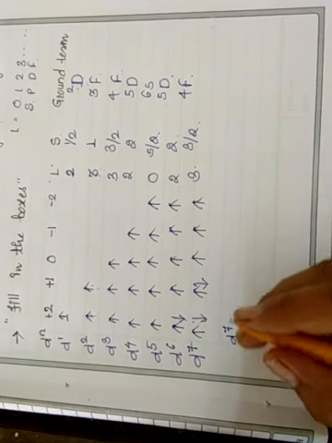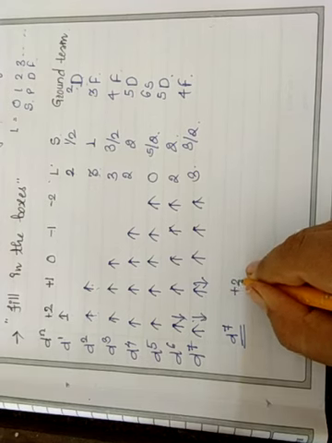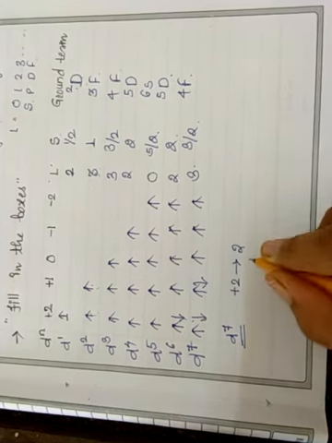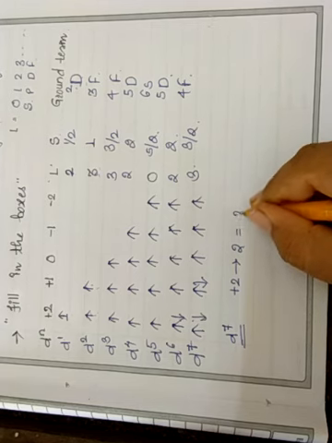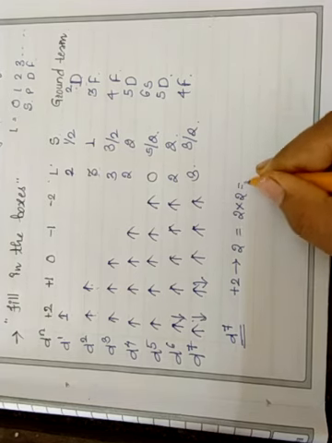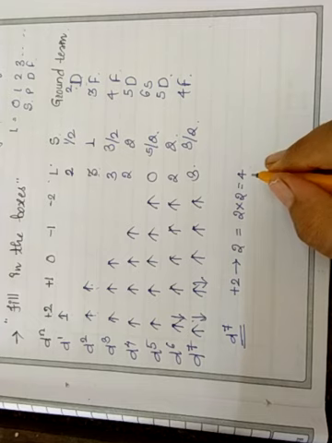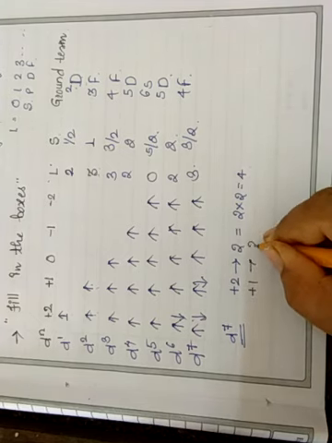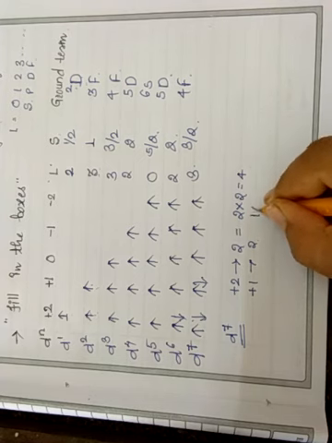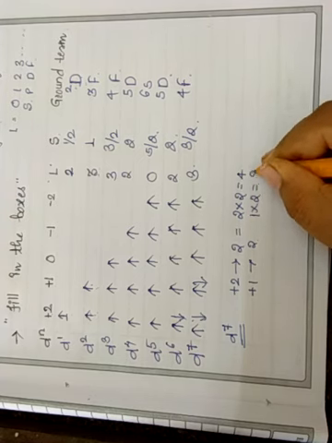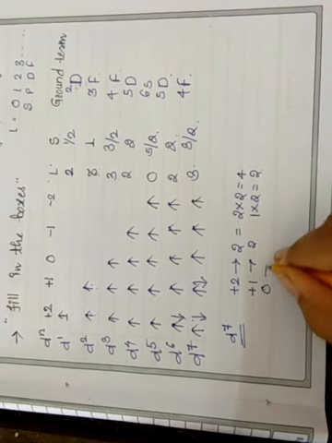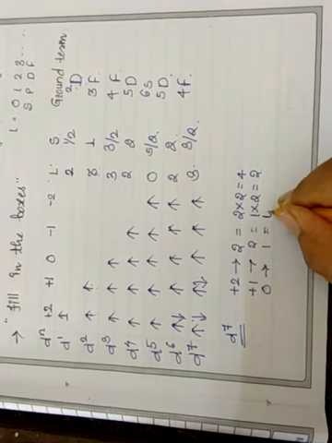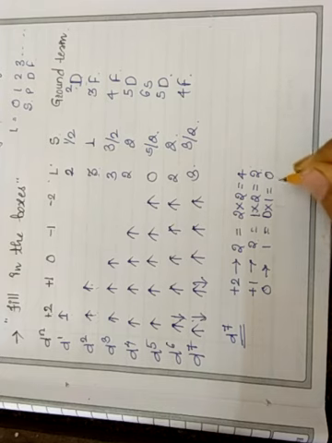See, for D7, in the plus 2 box, how many electrons are there? Yes, 2 electrons. So ML for that box is how much? Here 2 into 2, how much? 4, isn't it? Next, in plus 1, how many electrons are there? 2. So again 1 into 2, how much? Again 2. Again in the 0 box, how many electrons? 1. So again 0 into 1 is 0.